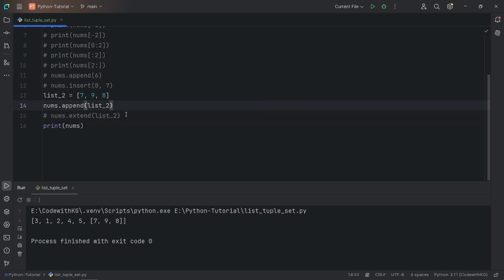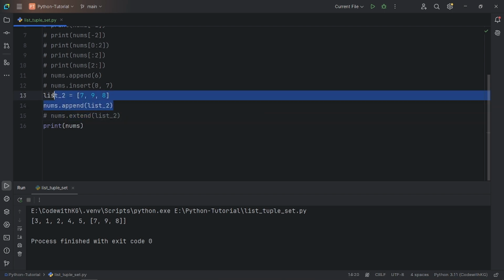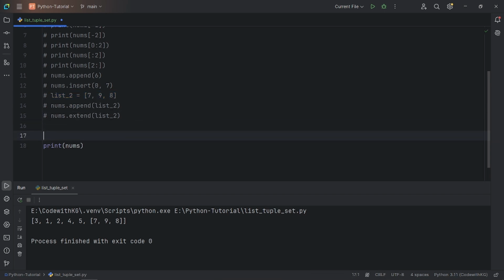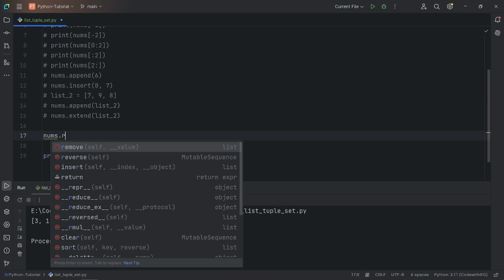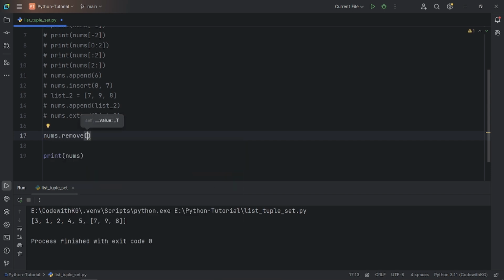Okay, so let's say if we want to remove an element from this list, then how can we remove the element from the list? So the method is very simple. We have to give remove and what element do you want to remove. So I want to remove 5 here. Okay, so 5 is present in this list, and after that I am just printing this number here. So if I run this one, then you can see here that our list contains 3, 1, 2,